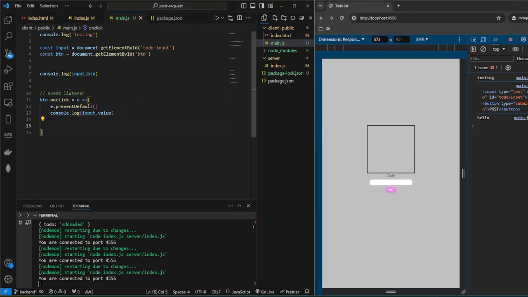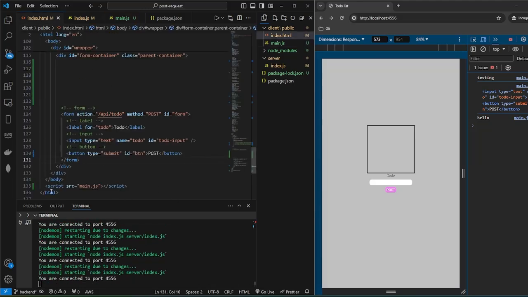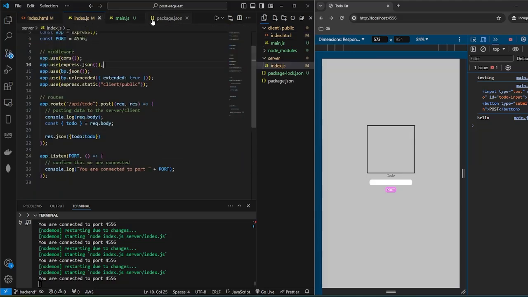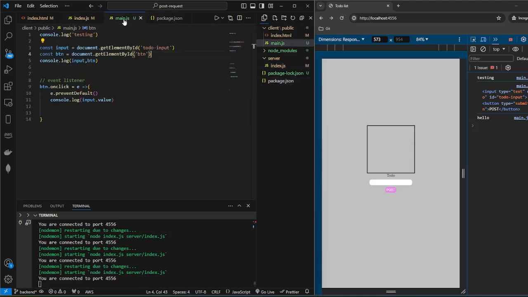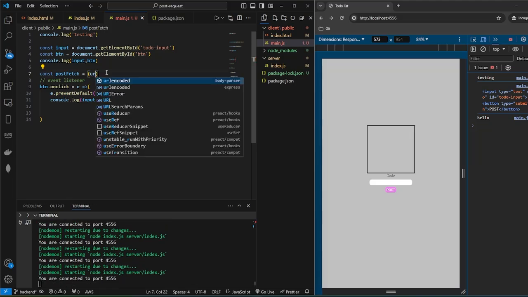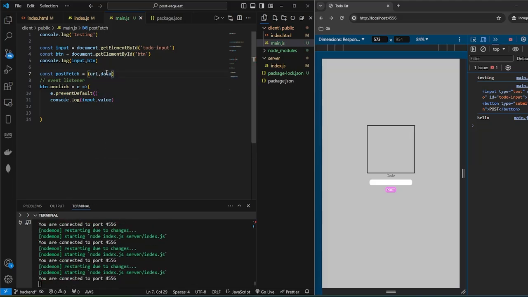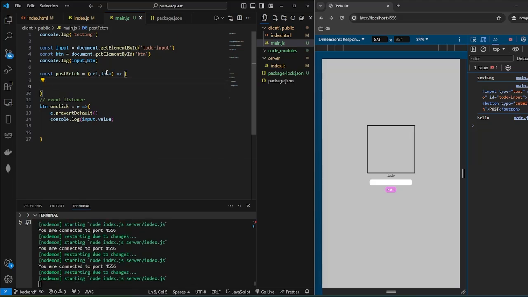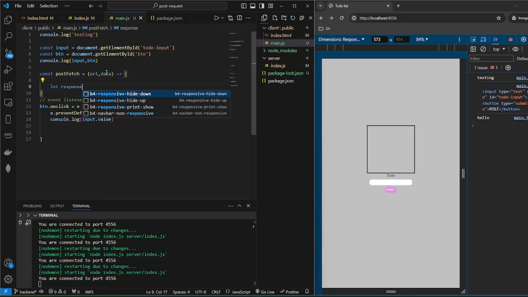So we're going to create a function called postFetch. This postFetch is going to take the place of this form field's button submit, because the submit doesn't work anymore. We disabled it with e.preventDefault. Now let's create our own way to post information and fetch at the same time. const postFetch equals two parameters. We're going to throw in a URL and data in JSON format. And this should return a callback, we're going to call a response. Let response equal